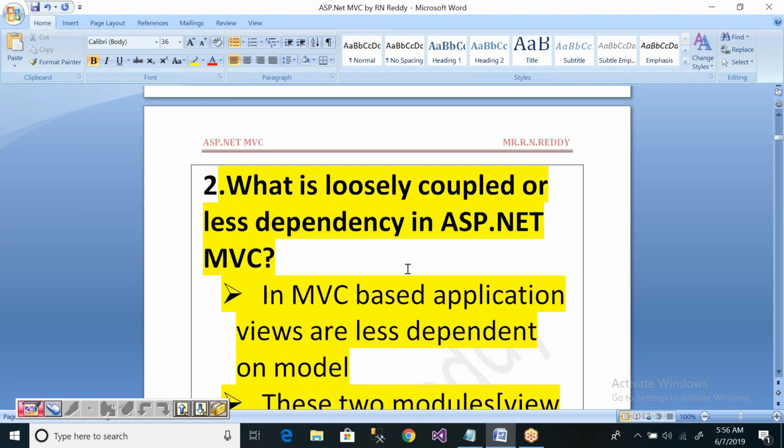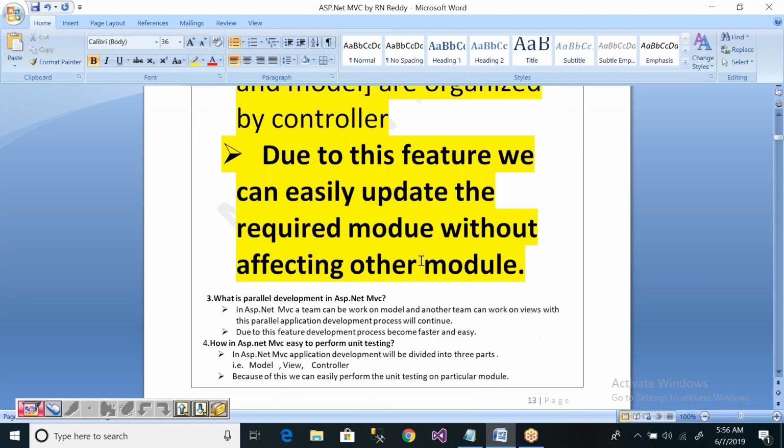That's why in ASP.NET MVC it is called loosely coupled. There is no dependency between one module and another.